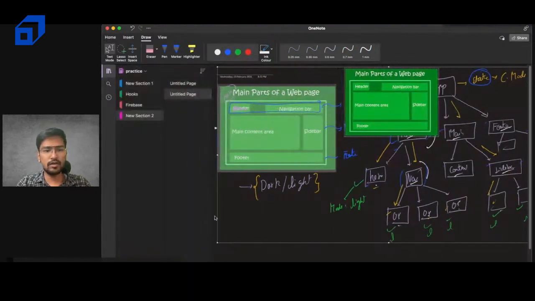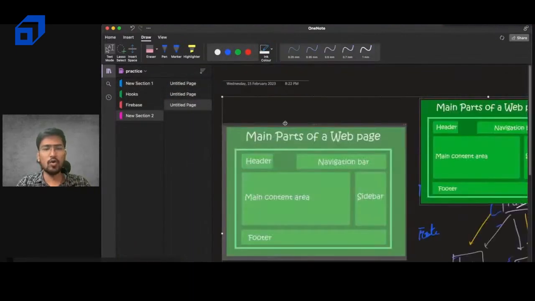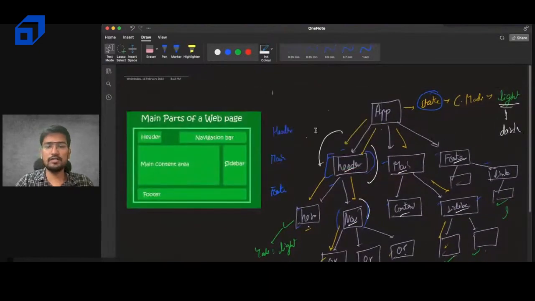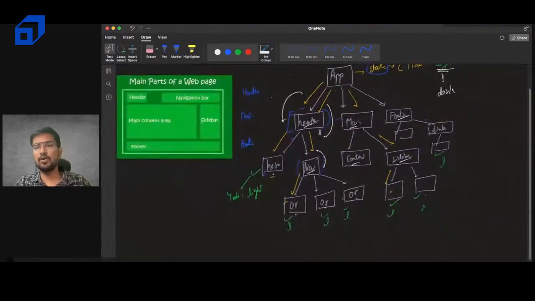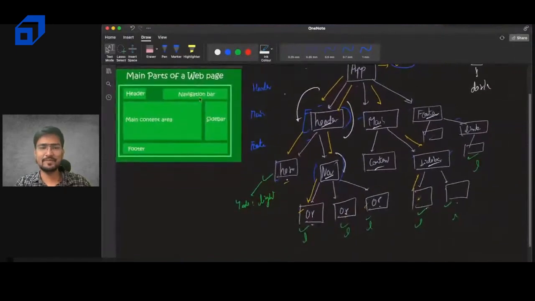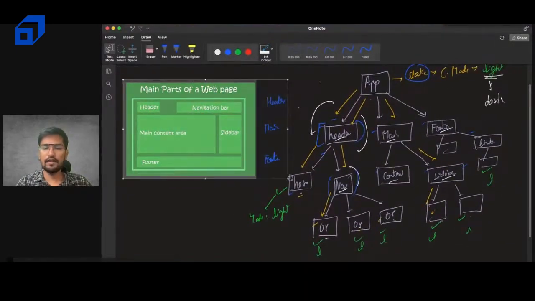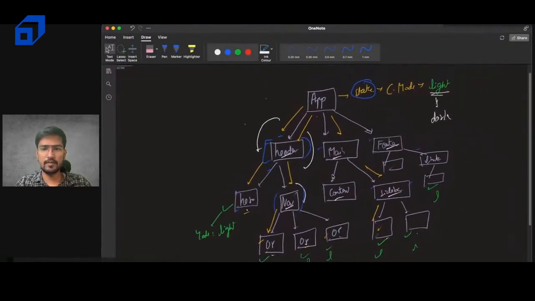Let me copy it out, and let me explain how context API solves this problem. That is the whole deal. Okay, so if I just remove it from here and come here,